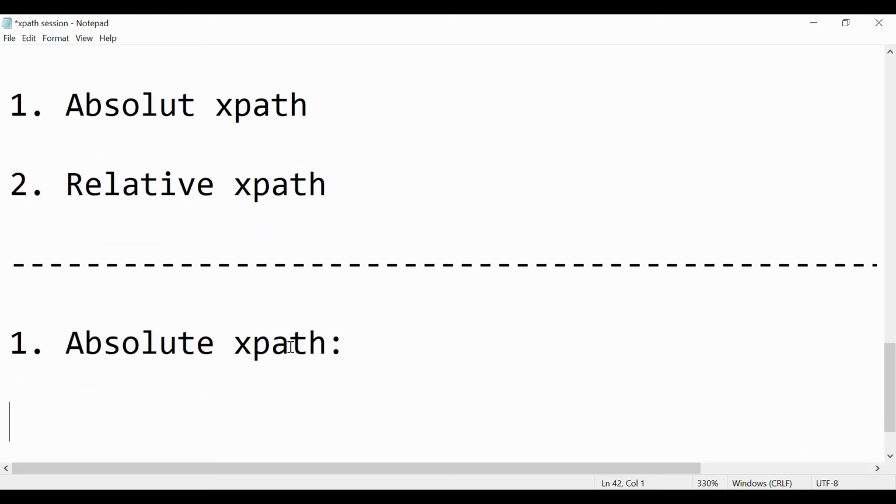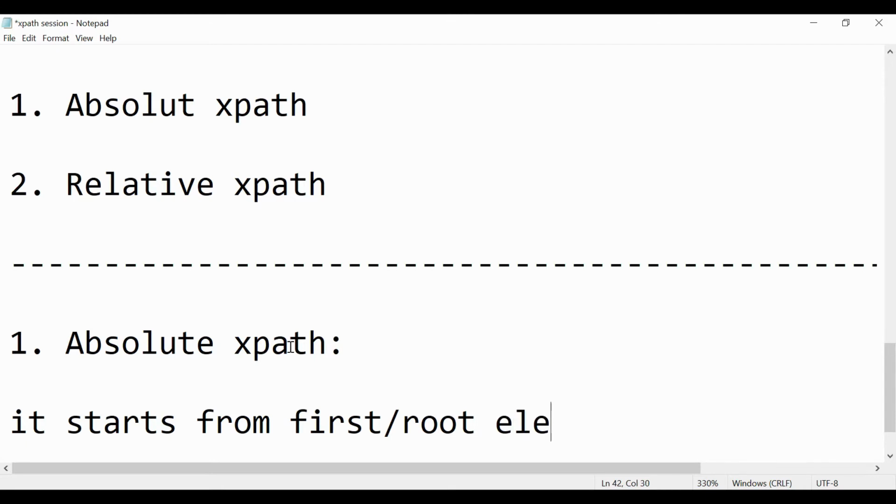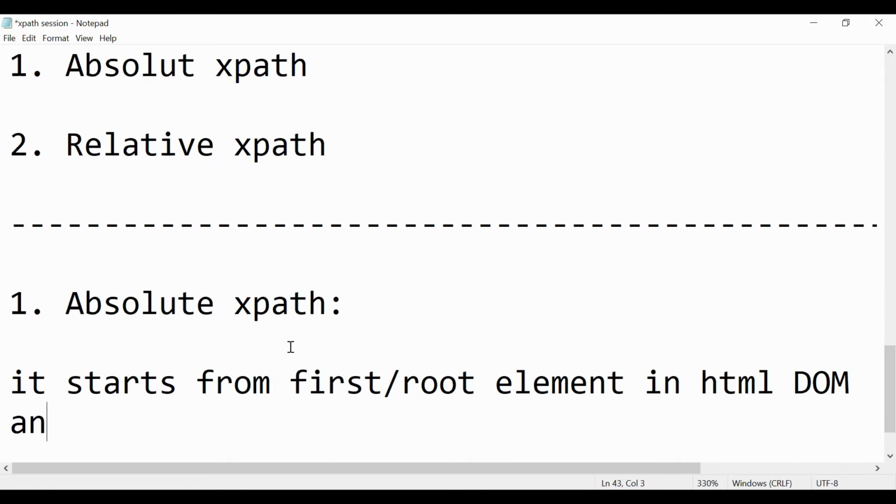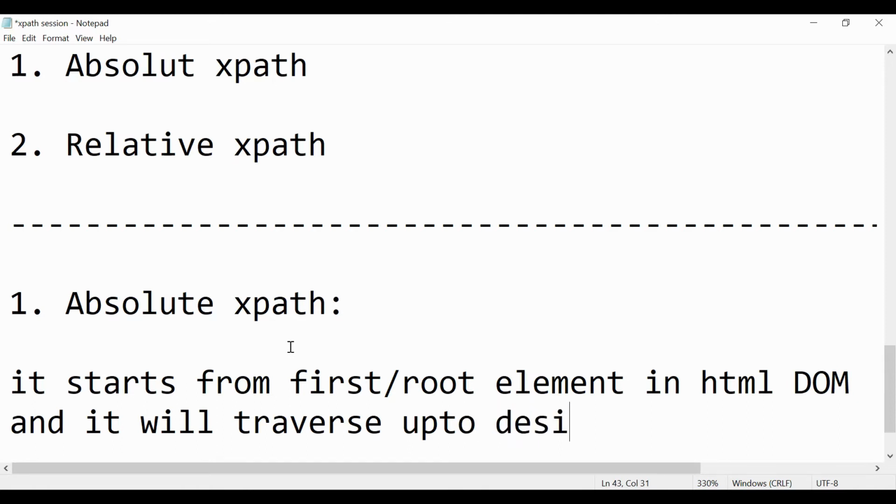Absolute XPath means it starts from the first, or you can say the root element, in the HTML DOM, and it will traverse up to the desired element.